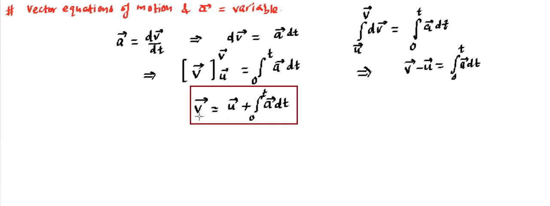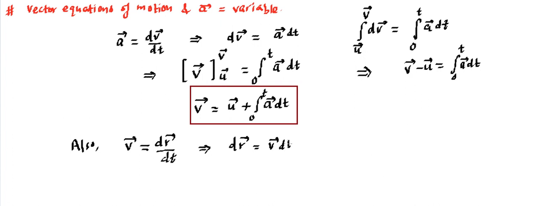Once we have calculated this velocity v, the next demand will come for the displacement. So we will say this definition. Also we know that the v vector is defined as dr by dt. Now since we are able to find this velocity, using this equation and repeating the similar calculation, we can find the displacement as well. So the next would be writing dr vector, which is going to be v vector dt, and then go for this integration on both sides. So this is going to be integration of dr is equal to integration of v dt.